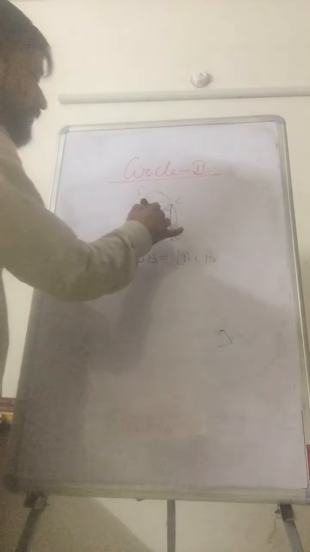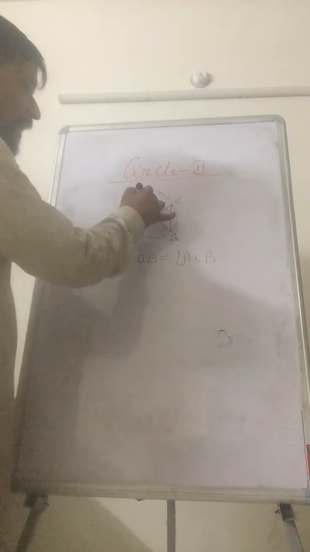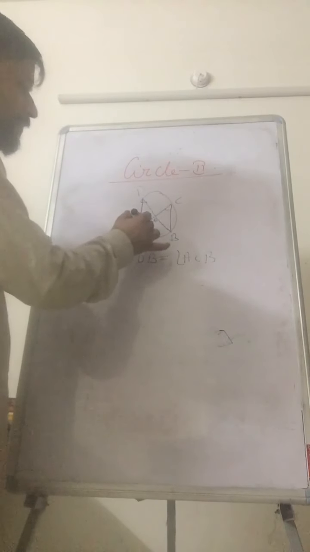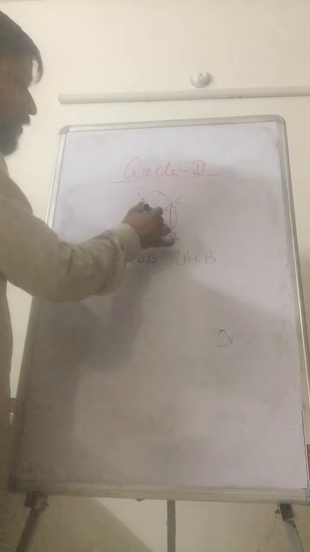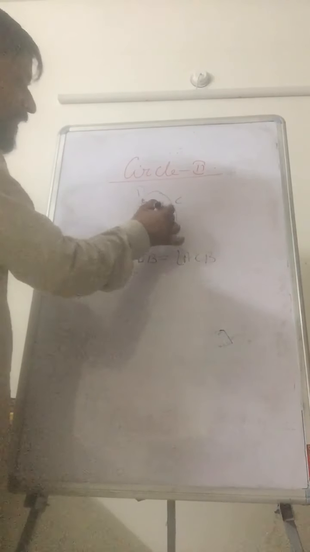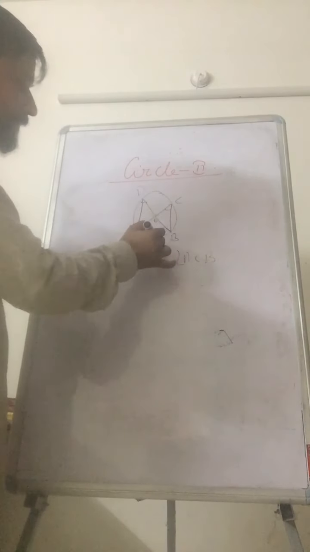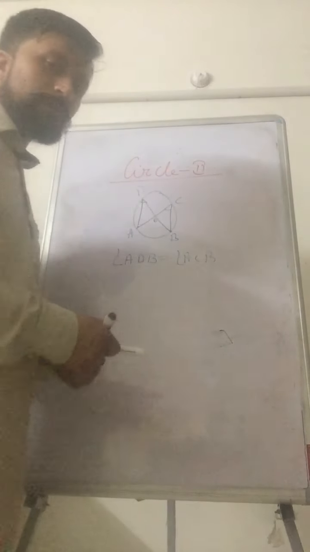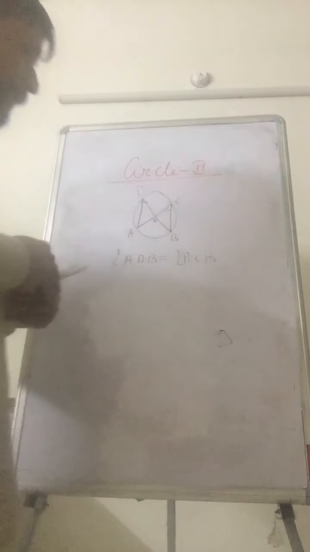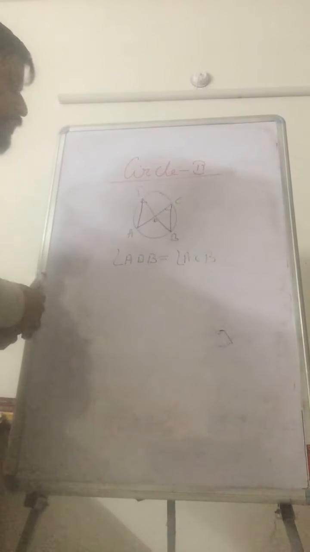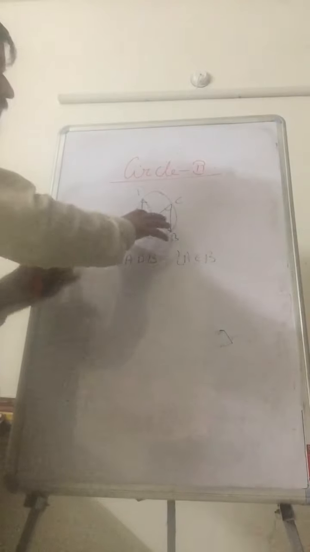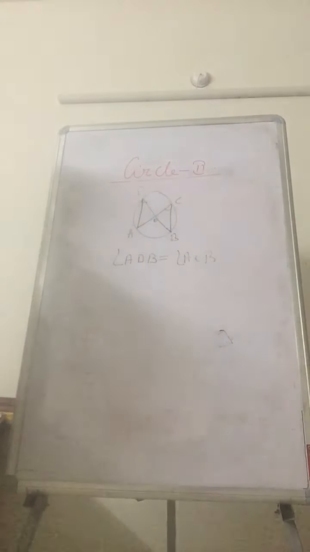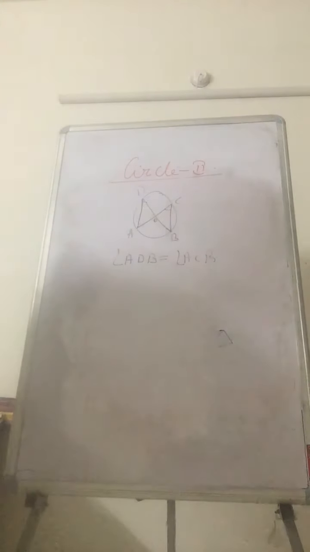Suppose this is the center of the circle, and these two are crossing, then this will be an isosceles triangle. Again, this will be the same isosceles triangle, and in that way we can prove it, but proof is not required, so I am not going into the proving part. Now with the help of this theorem, angle in the same segment, you can solve some sums. I am doing one question related to it.